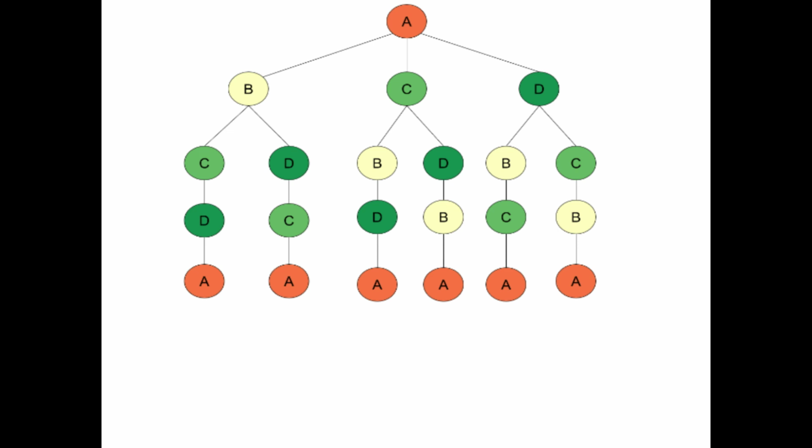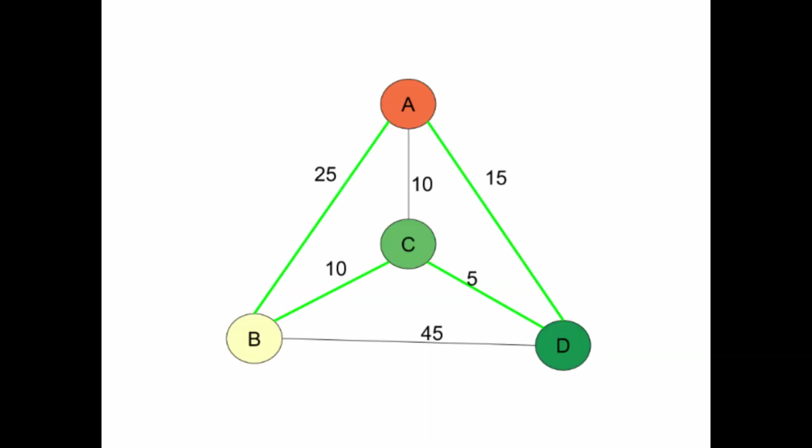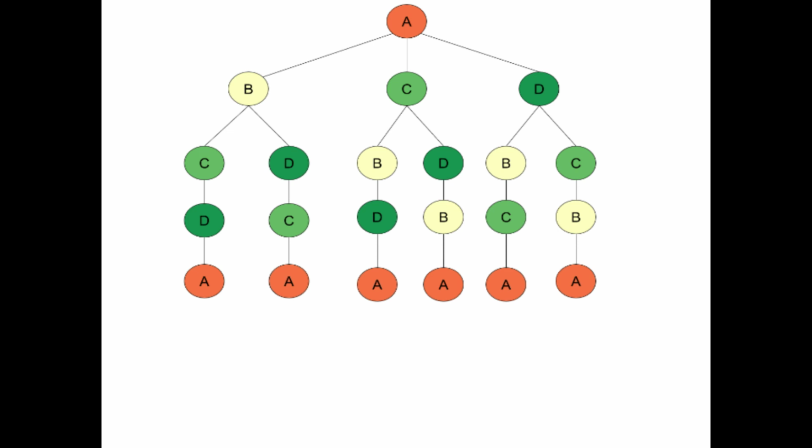From D, the person can reach C, and from B, the person can reach C, and from C, the person can reach B. You can look at this graph here. From C, the person can reach B, which I have shown using the tree here. Then after reaching the vertex D, that is after covering the cities A, B, C, D, he has to go back to the original starting point, that is A. So from D, I have shown A.